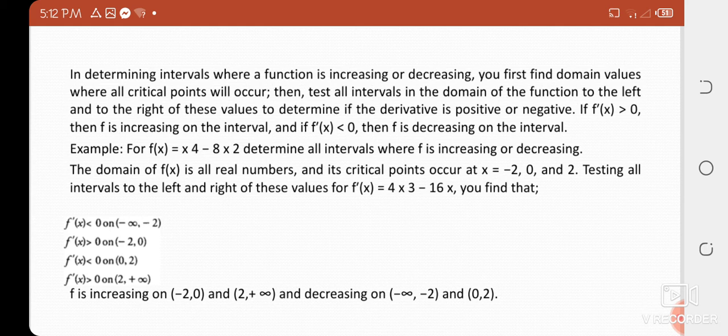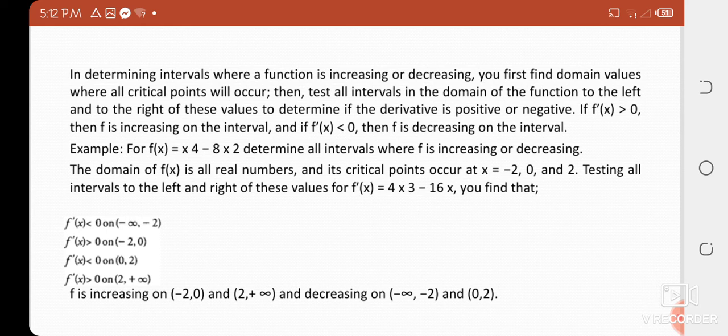So, for example, for f of x equals x^4 minus 8x^2, determine all intervals where f is increasing or decreasing. The domain of f of x is all real numbers, and its critical points occur at x equals -2, 0, and 2. Testing all intervals to the left and right of these values for f prime of x equals